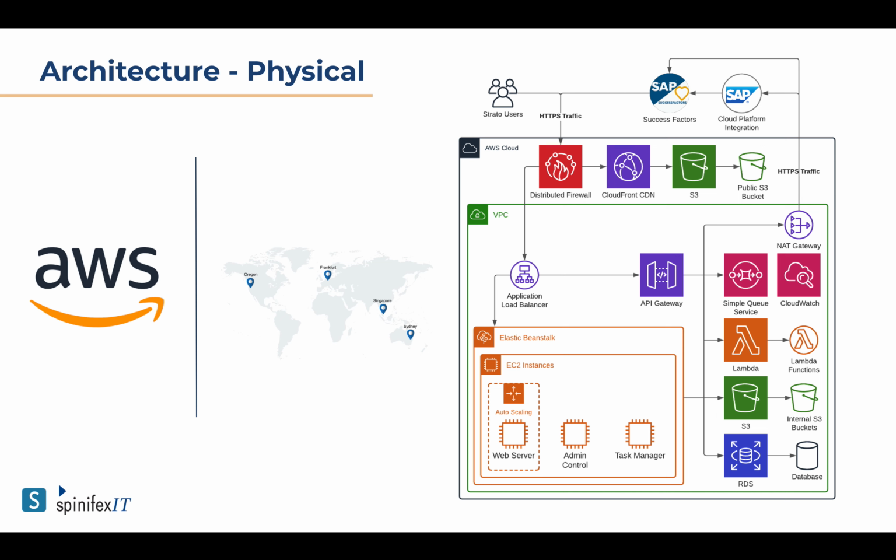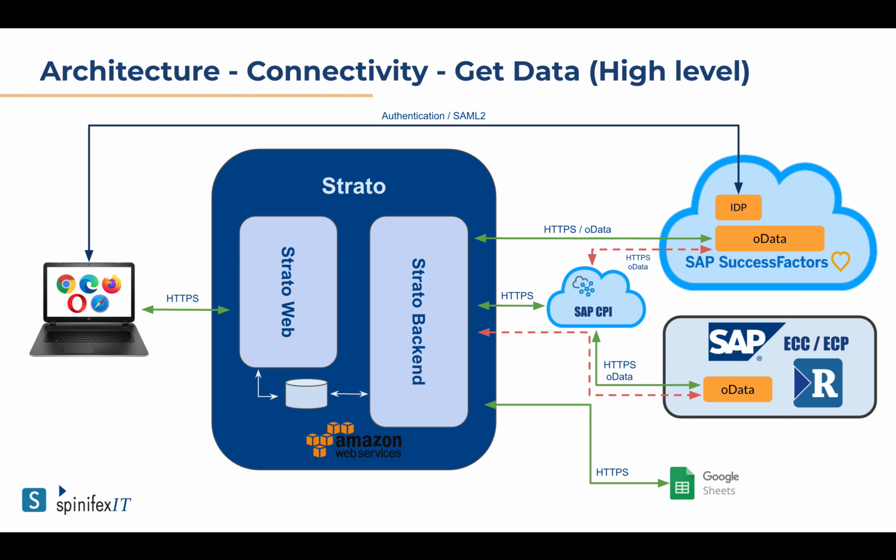The graph here contains all the components of Strato. What is important to understand is that everything that Strato does, all the communication, goes through firewalls, and we do have a lot of services around those firewalls that are also detecting possible hackers and attacks from robots. And I think I will not go more into details on that slide.